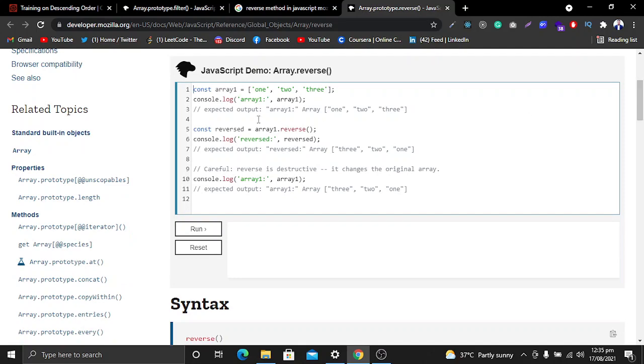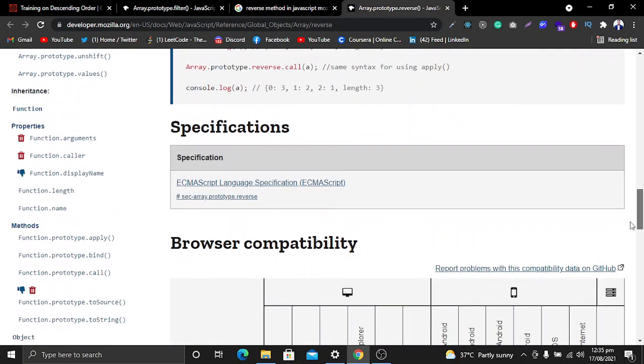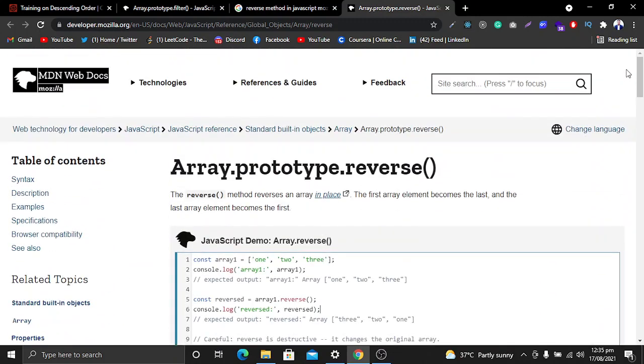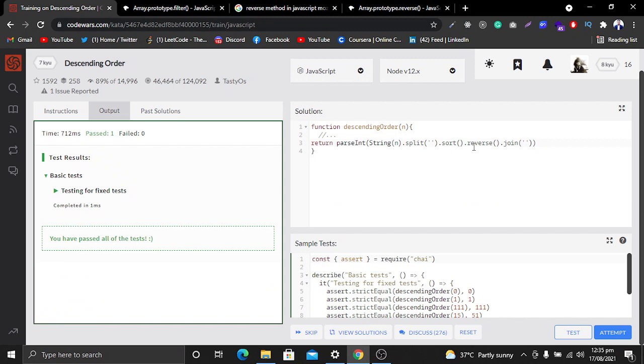Here they have different examples, explanation, syntax, and all of the things that you want to learn about a particular method. For different methods, for example join, sort, split, String, you can learn any of these methods from this website.